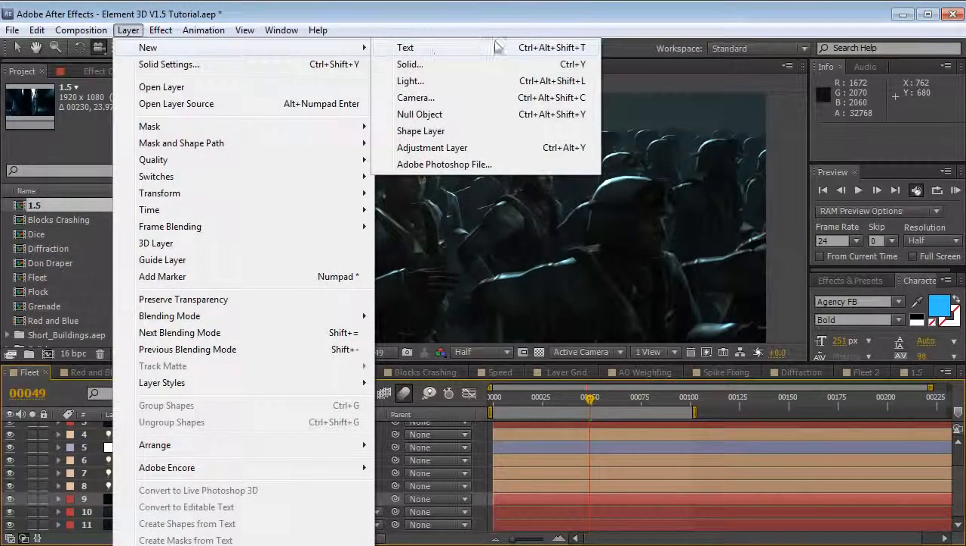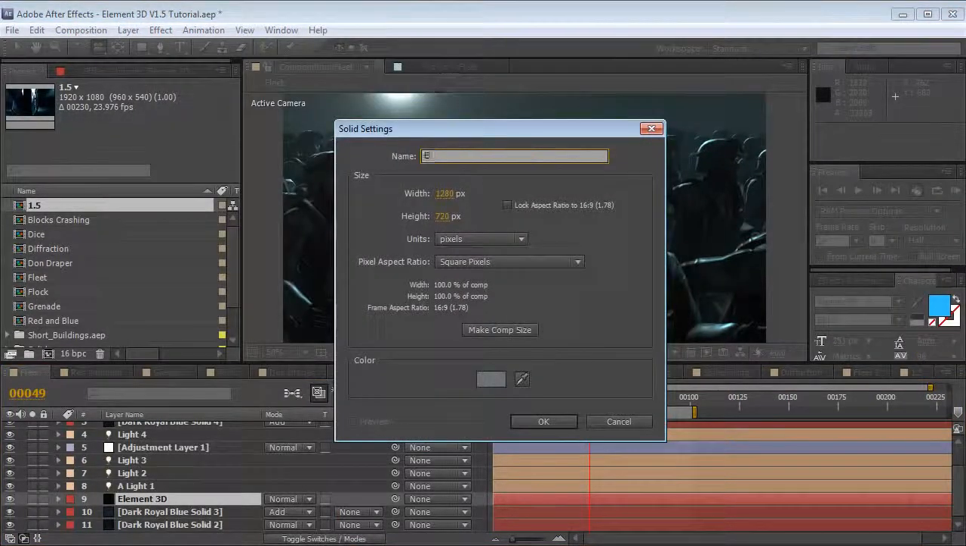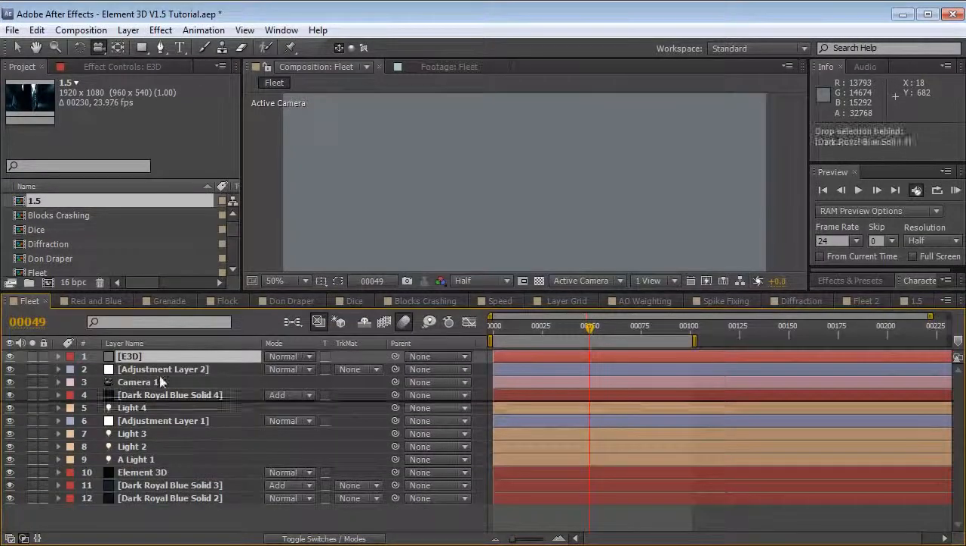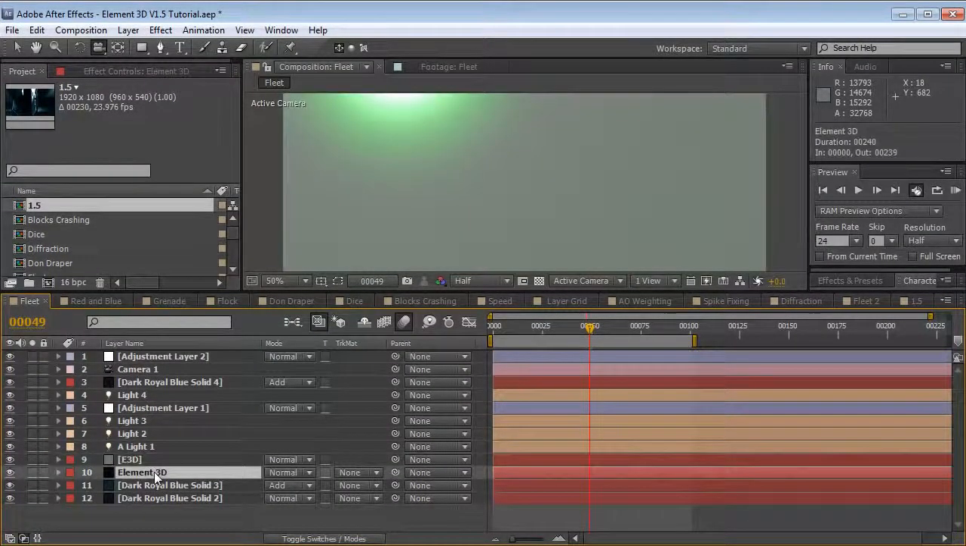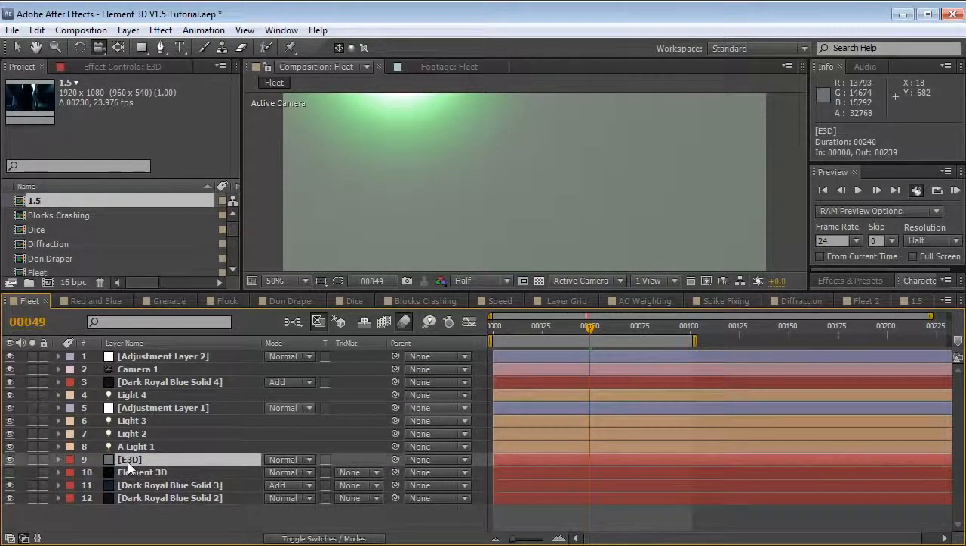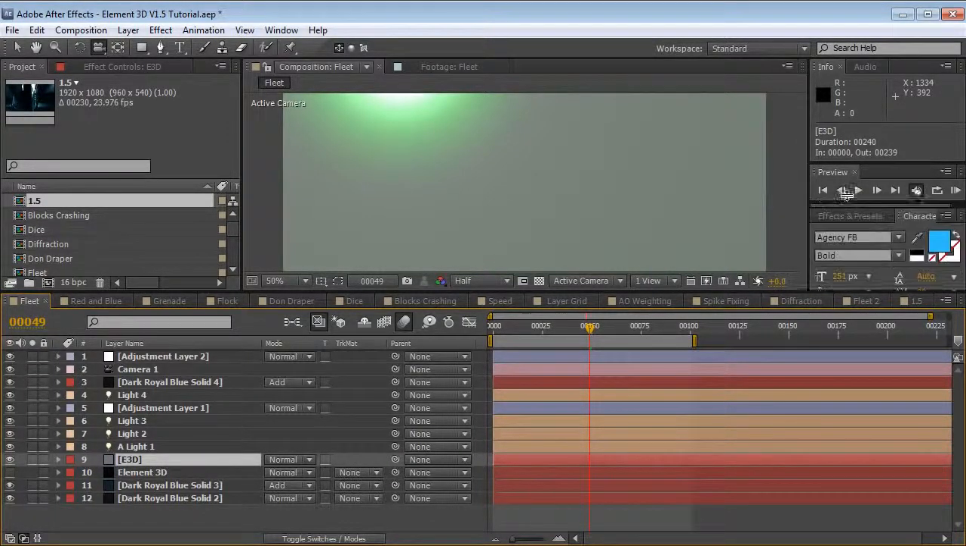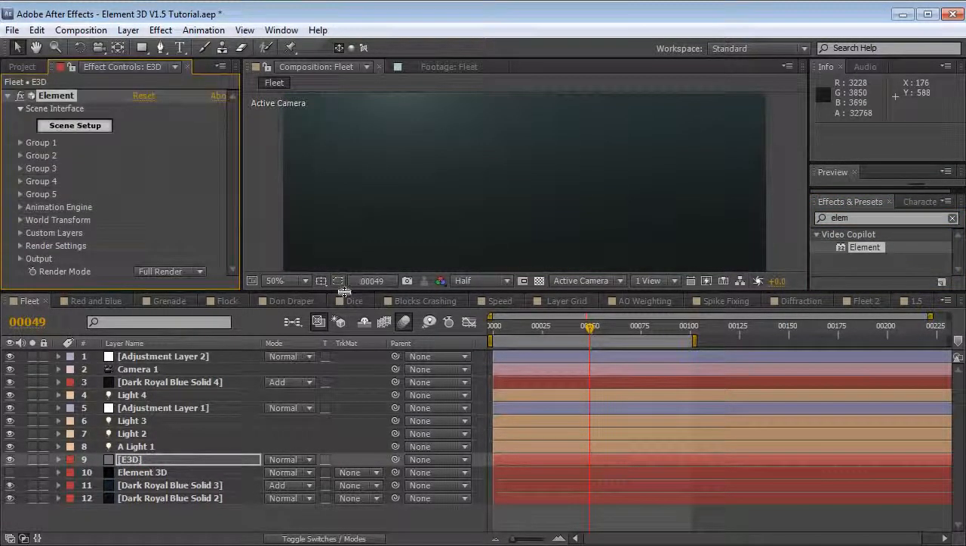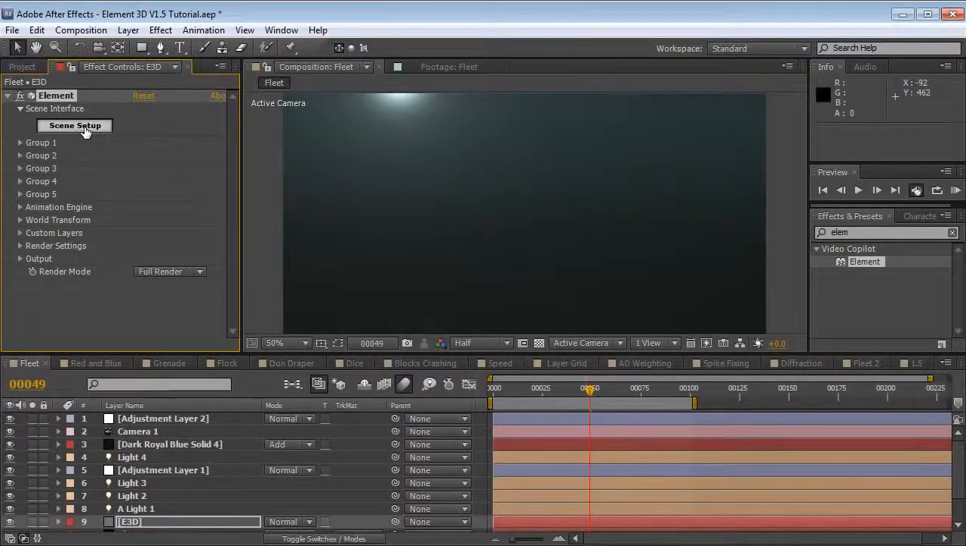What I'm going to do is create a new solid, and we'll call this Element 3D, hit OK. And we'll just put this down here in place of our other element layer and shut that off. So we'll click on it, and we're going to add our element plugin. So we'll come over here to the effects element and drop it onto our solid. So we'll go into the scene setup,